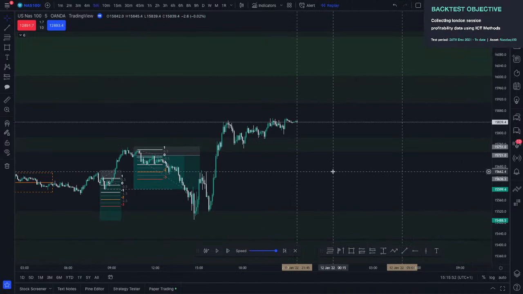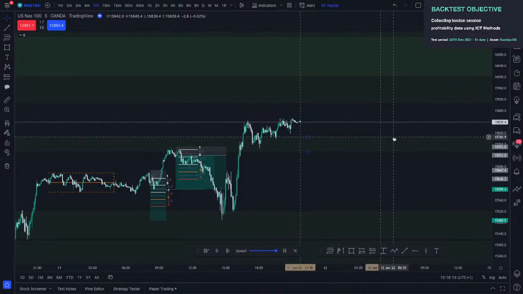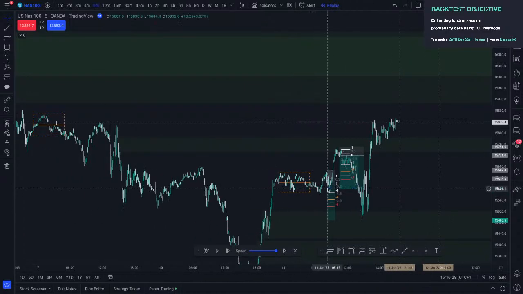Right now I don't really have a bias because, like I said, the market is in a weird stage where it's trying to reach for this imbalance, either this box right here or this darker heat map. If after 5 in the morning we're trading downwards, that's my confirmation that we're going to push up into this imbalance. But if after 5 in the morning we're trading upwards, then I'm just going to wait for the market to get here and drop, unless I have something like this that happened yesterday,